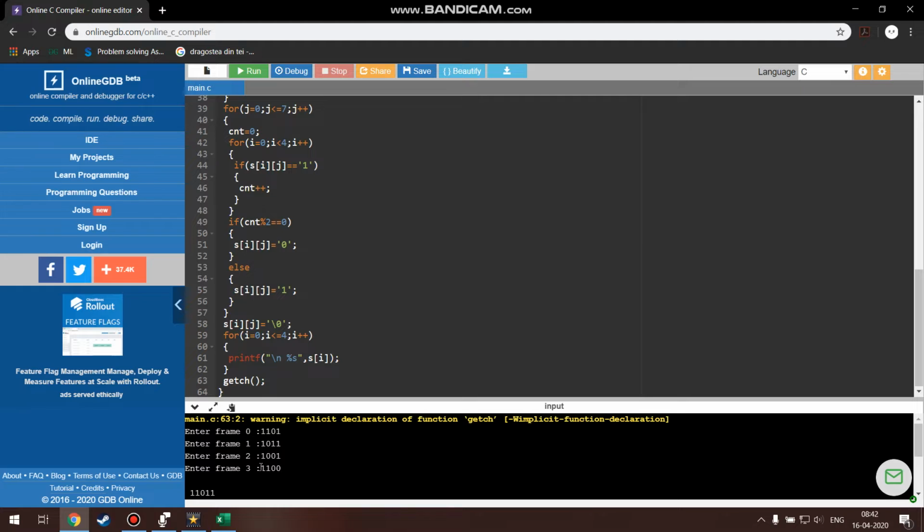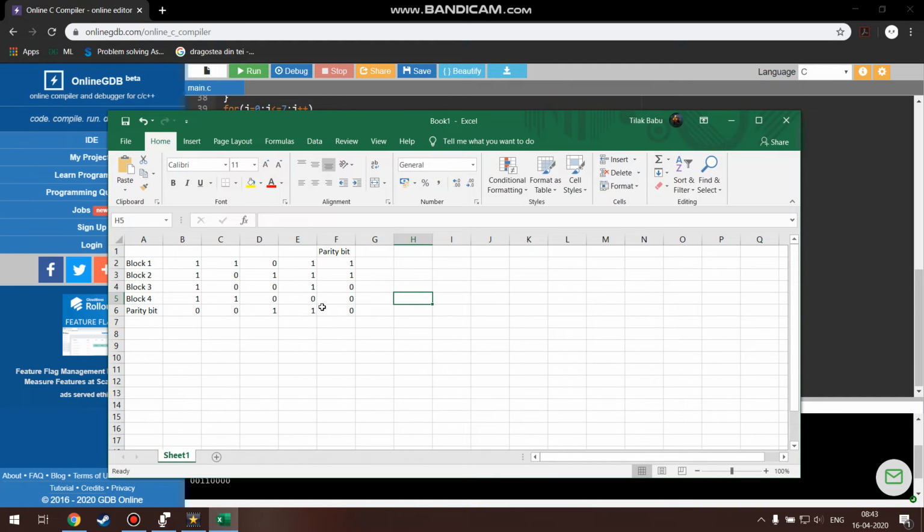After running it through the code, we get this as the output: 11011, 10111, 10010, 11000, and the last parity row is 00110. So all of this has been included here. This last F column is the parity bit column, and the sixth row is the parity bit row.